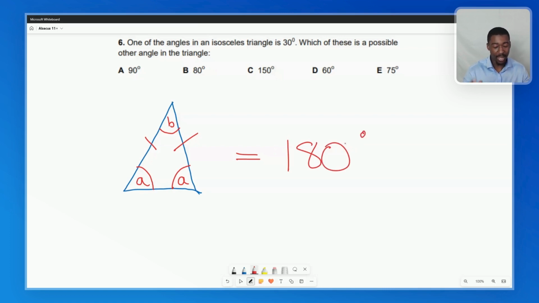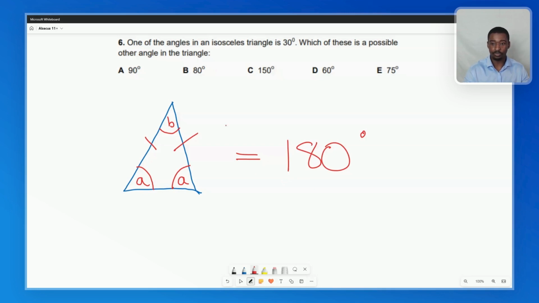180 degrees, no matter what the triangle is, whether it's equilateral, scalene, isosceles, right angled, every single triangle has to add up, or the angles inside the triangle have to add up to 180 degrees. Make sure you remember that. So now with this understanding, we can answer this question, or tackle this question at least, because really we have